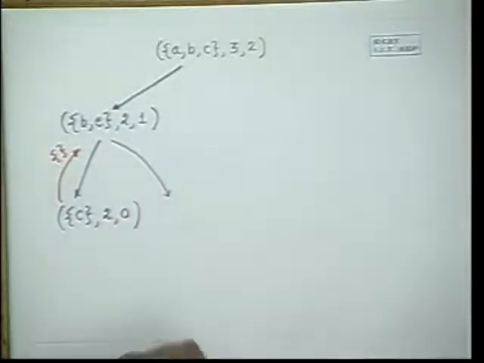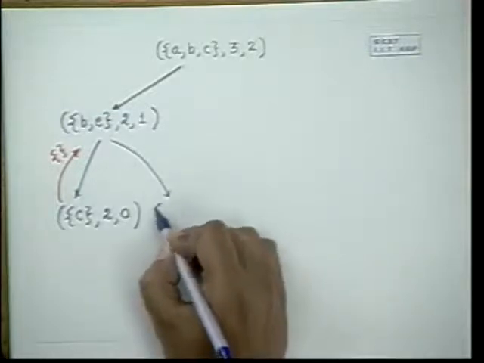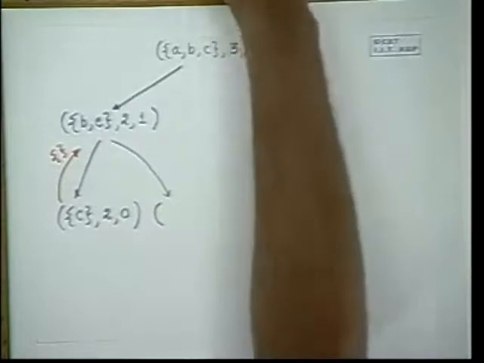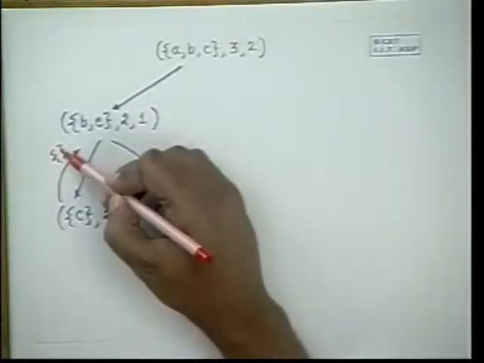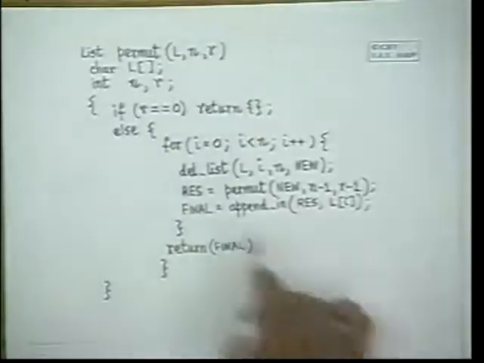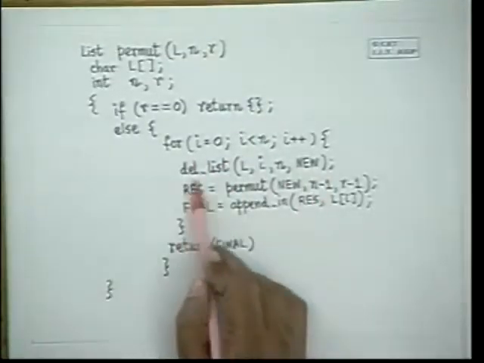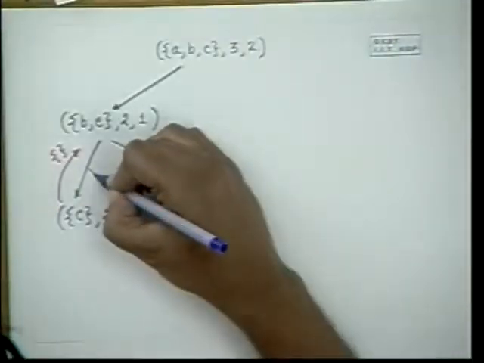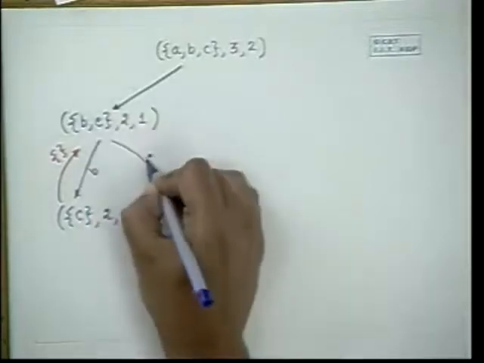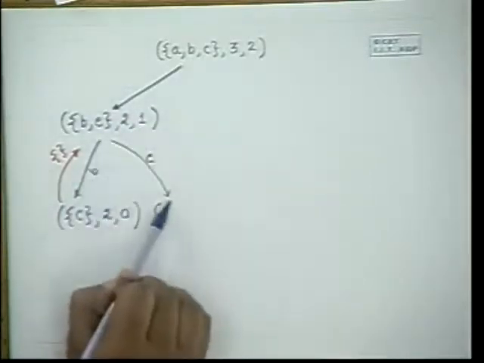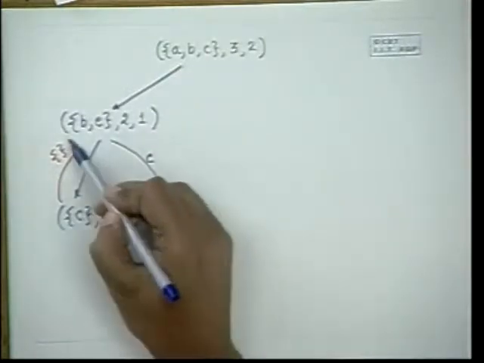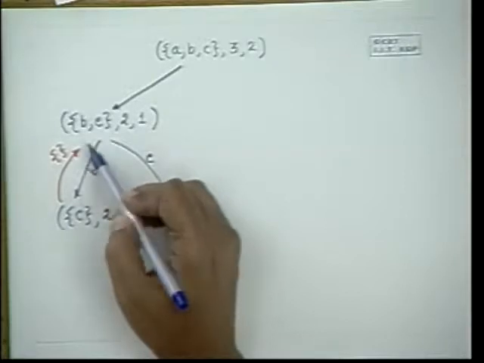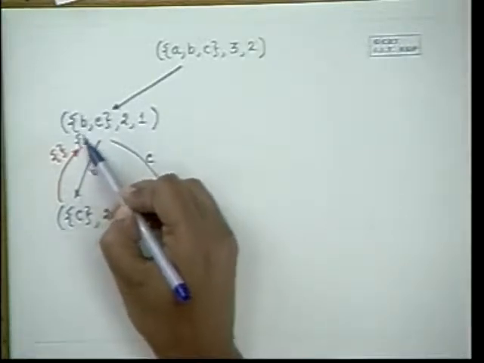This one will call this, and this will return. So after this returns a null list, what will happen to the null list? Let us go back to the program. In the loop, you delete an element, you've got a null list returned, and you append in that null list Li. Here, what was Li when we called it? B. It was called with 0. Here it will be called with C. B will be called this side, C will be called this side. So once this null is returned, this is recomposed by the append function to give you a tuple B.